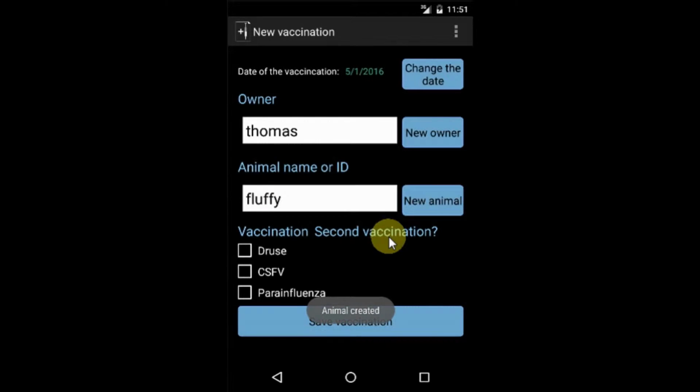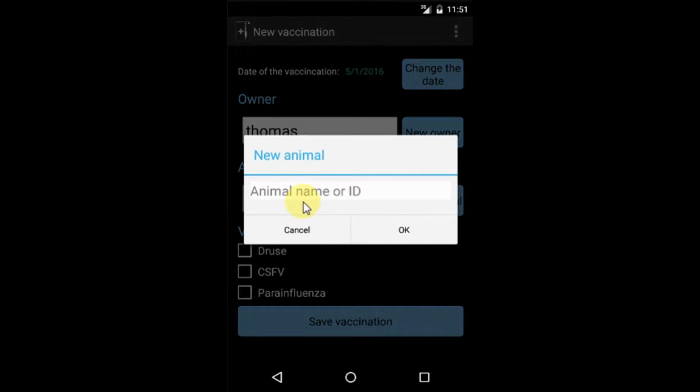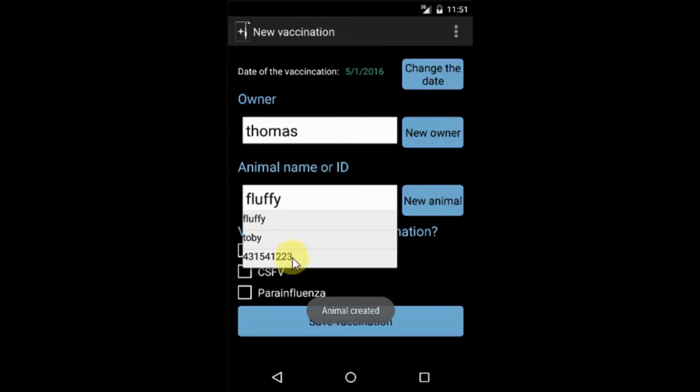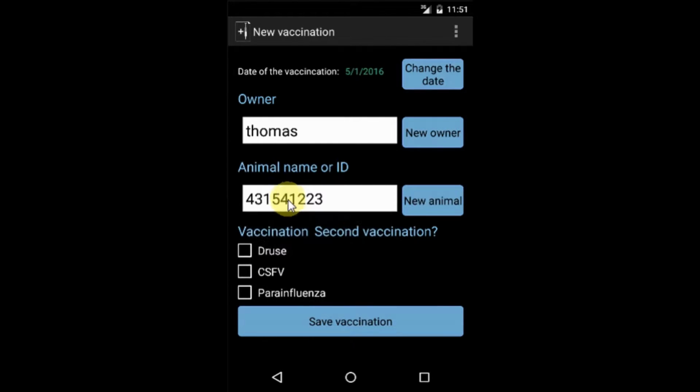First, let's call this one Fluffy. Okay. And now I see all the vaccines I've selected previously here in the list. And I could also add new animals, for example, Toby. Or I can enter an animal ID of a cow, for example. Works too. And now I can select the animal I want to vaccinate. So let's take Fluffy and